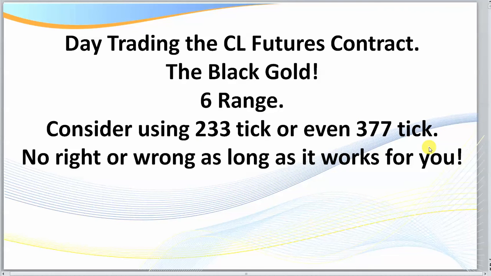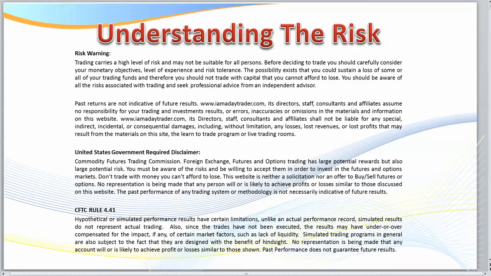However, John, as I said to you before, mate, stick with what's working with you. I know you know the 6 range, you've been doing it a long time, so stay with it. And for all traders, there's no right or wrong as long as it works for you, and I think that's very important. There's no right or wrong as long as it works for you. So whatever time frame, and if you've got additional indicators on there, keep running with them. Now as we get into this session, of course, understanding the risk, whatever we talk about here is for educational